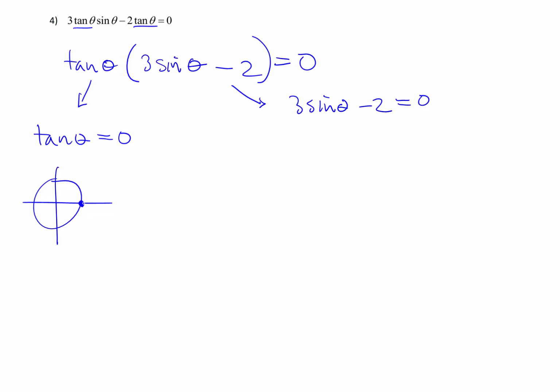It would be on the right side of the unit circle or the left side of the unit circle. In those places, the coordinates are 1, 0 on the right side or negative 1, 0 on the left side. And if tangent is sine over cosine, also known as y over x, you're getting 0 over 1 or 0 over negative 1. So in those cases, tangent theta is equal to 0,